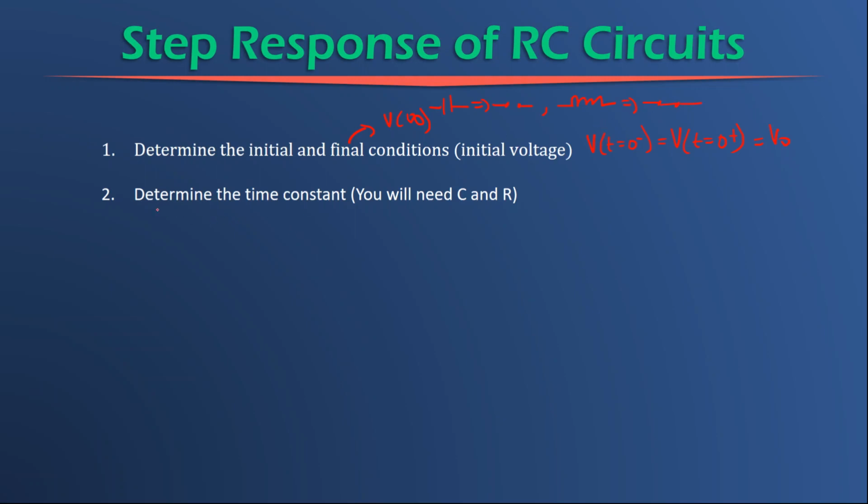Right, second step, determine the time constant. You'll remember that tau is equal to RC. And then finally you determine your voltage response. The voltage response is given by V infinity plus (V0 minus V infinity) e to the negative t over tau